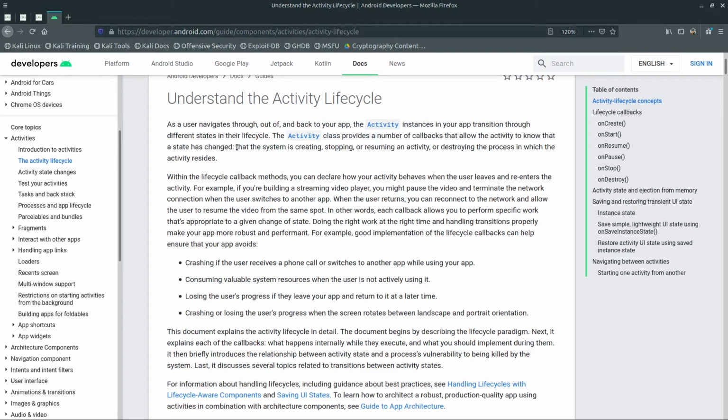So when your activity is changing a state, it will call a function, right? For example, the system is creating, stopping or resuming an activity or destroying the process in which the activity resides. So if the activity resides inside of a process, if that is destroyed, or if the activity is resumed, for example, let's say when the user was trying to use your app and suddenly a phone call comes, right? So in that case your activity is resumed. So the activity class will call a callback, right, which is a function. It will automatically call a function,